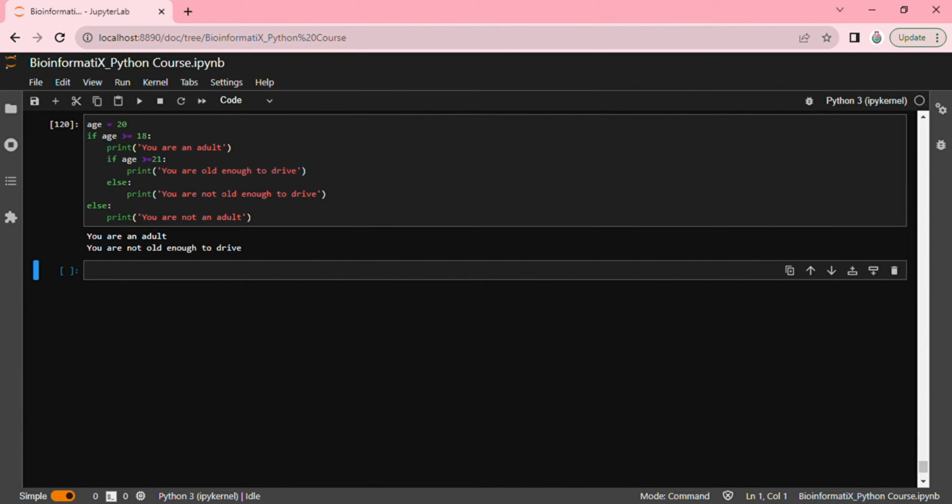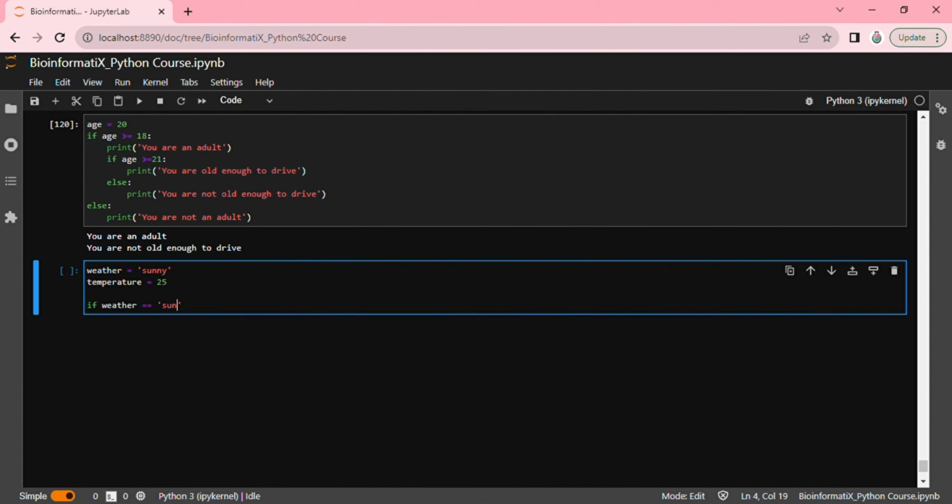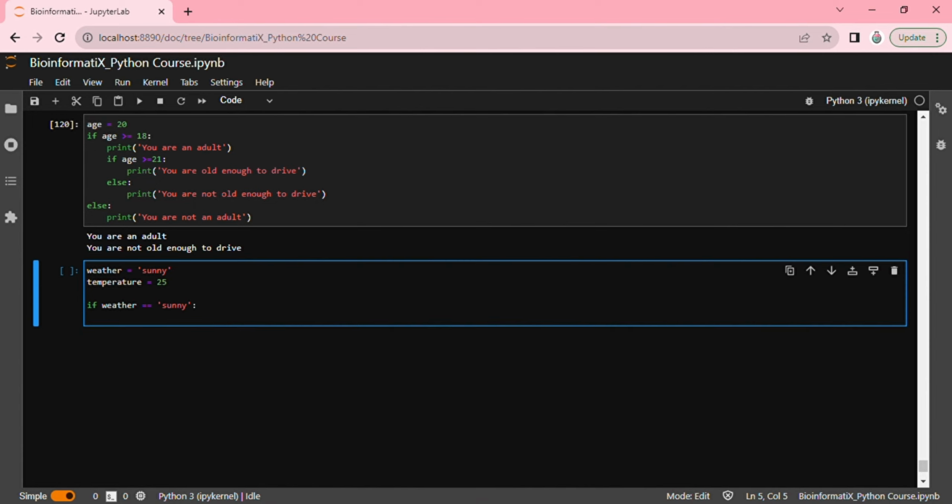Now let's create another example in order to make it easier to understand. Weather equal to sunny, temperature equal to 25. If weather equal to sunny, and then we make a nested if condition. If temperature more than 30, print